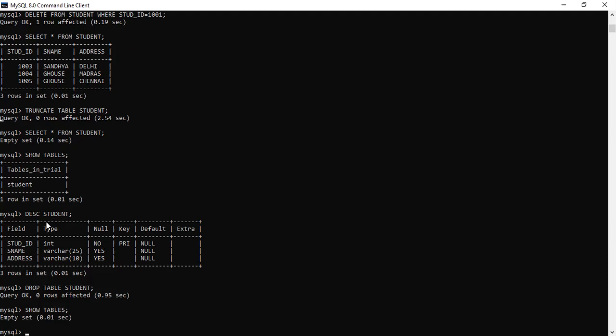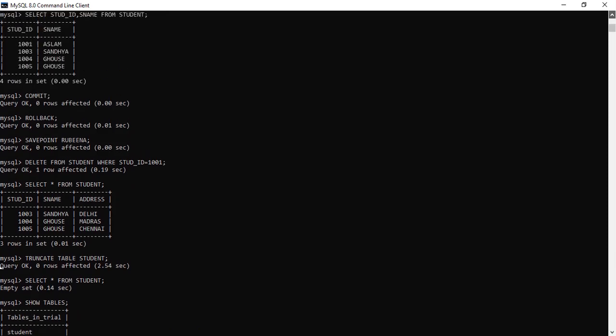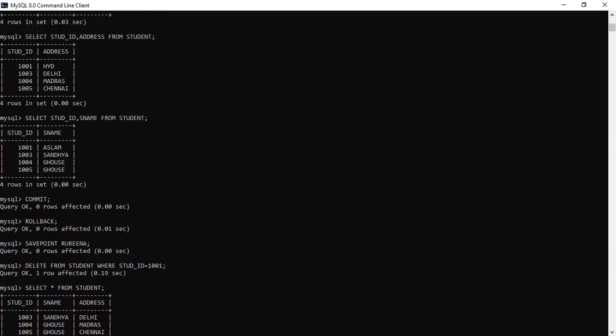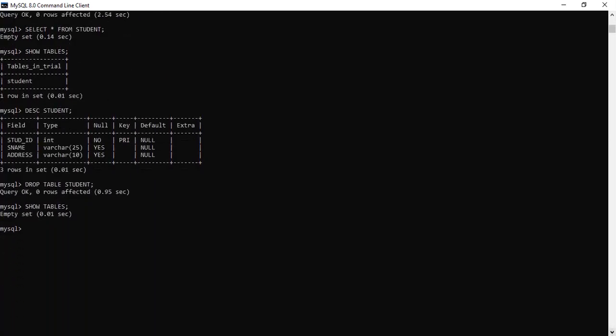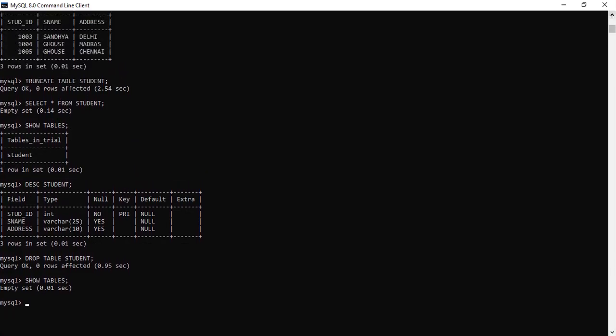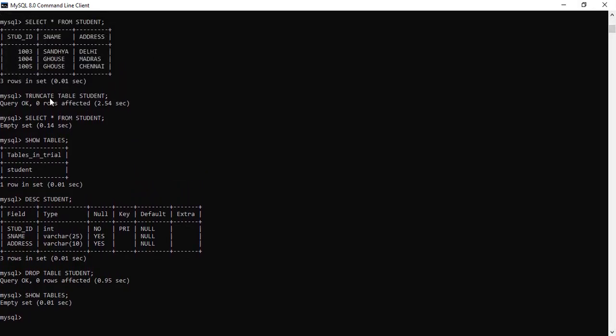Means whatever we have executed, all the commands so far, everything has been truncated, deleted, rolled back. Okay, so everything has been lost because we have dropped our table. Dropping is nothing but it will drop the table entirely along with the data as well. Suppose I had applied the drop option here where I have these three records, rather than using the truncate option, then along with these three records, even the structure of the table would have been deleted.